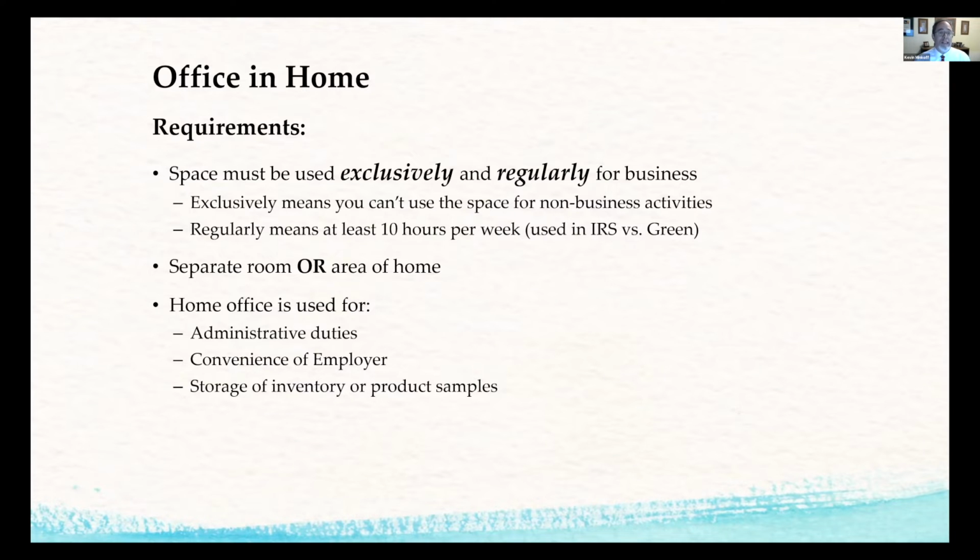That qualifies a home office now as deductible. And of course, when it comes to storage of inventory, I get this question a lot. Can I deduct a portion of my garage? Because I have an Amway business and half my garage is filled with room cleaner, house cleaner. The answer is yes. You would add the square footage of that garage space to both the amount of office